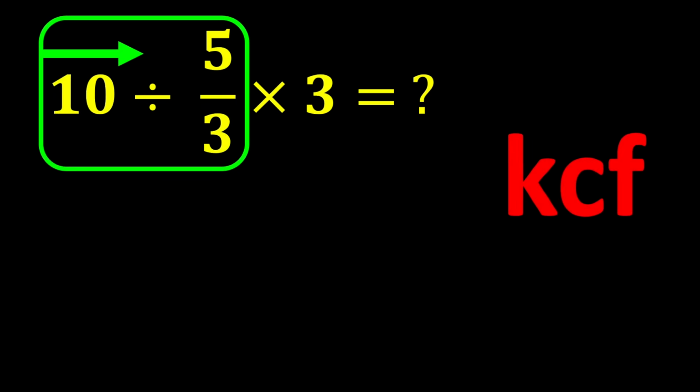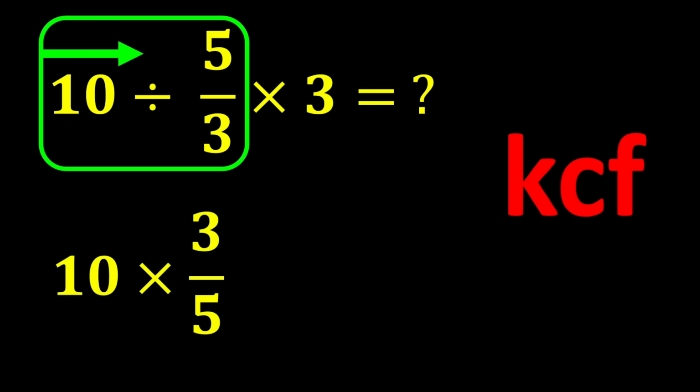To solve this part, we use the KCF rule. K stands for keep, C stands for change, and F stands for flip. The KCF rule is a simple rule for dividing fractions. According to this rule, we keep the first number as it is, change the division sign to multiplication, and flip the second number. According to the KCF rule, we keep 10 as it is, change division to multiplication, and flip